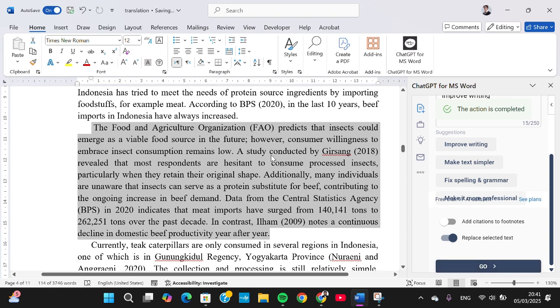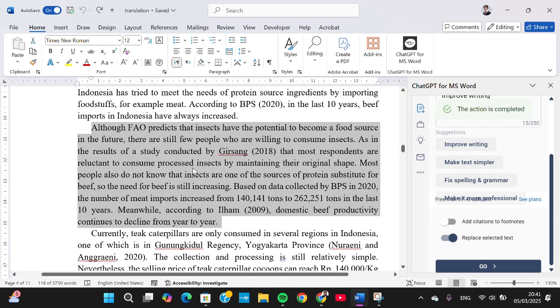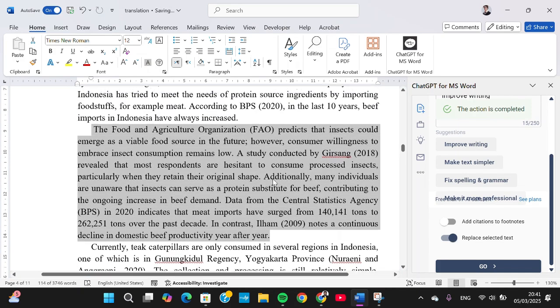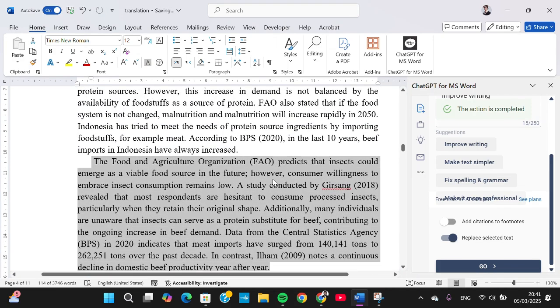Alright, and the ChatGPT will improve our writing on our document, and I'm going to show you before and after. This is after I use ChatGPT to improve my writing, and this is before I asked ChatGPT to improve my writing. Okay guys, and that's all the way to get ChatGPT on